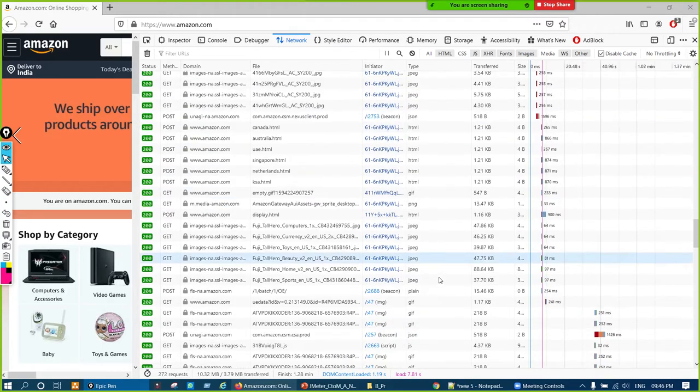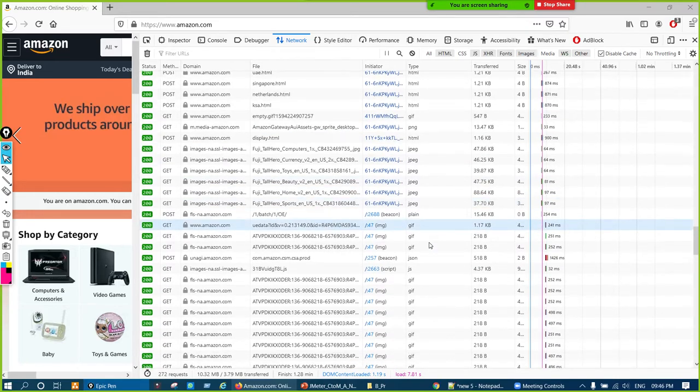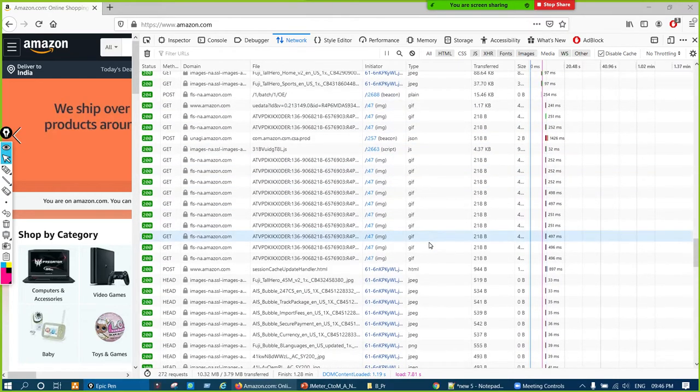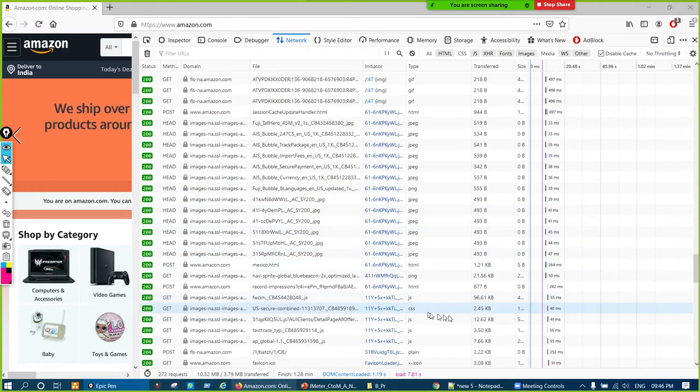Here a few HTML things, right? Means it's calling some other request as well. I think something will be there. Okay, so that is also being called. Apart from that, GIF, HTML, and here CSS is there.